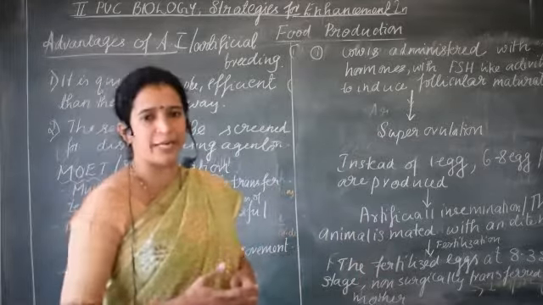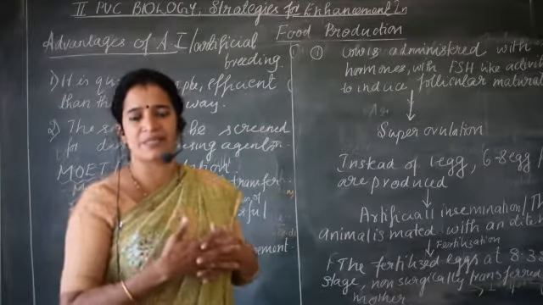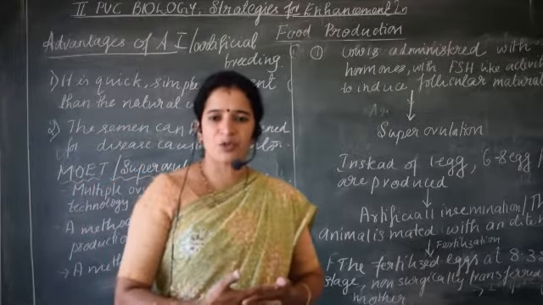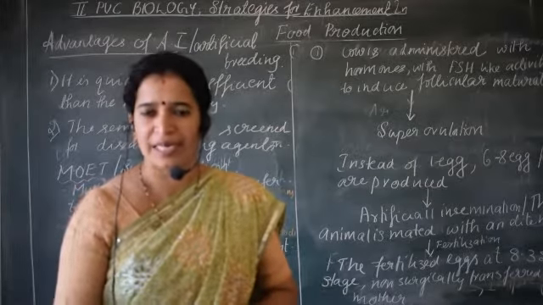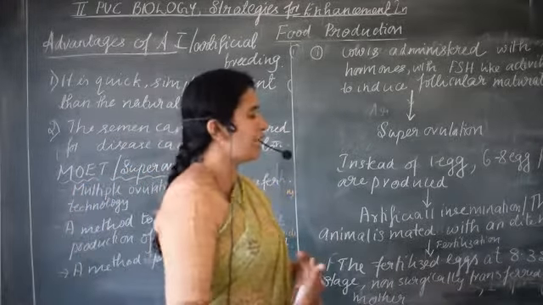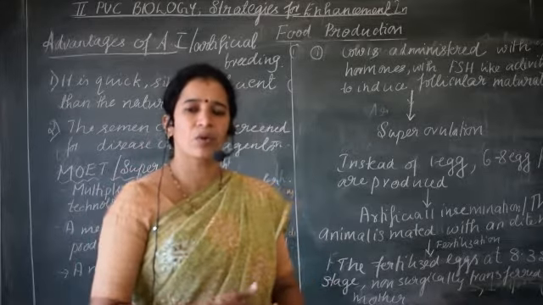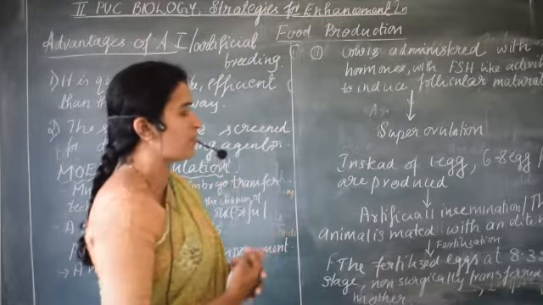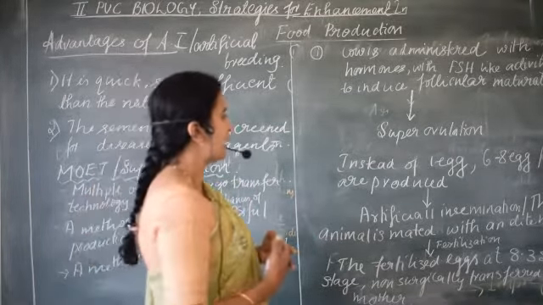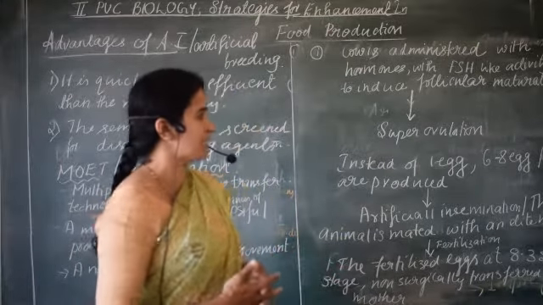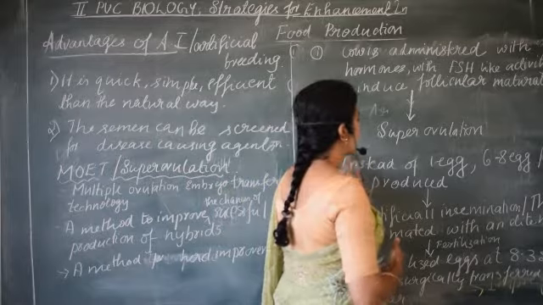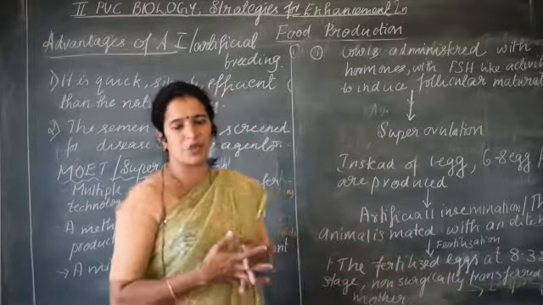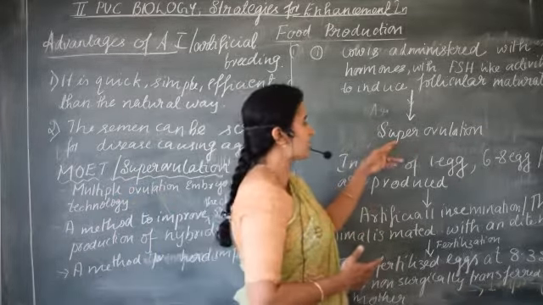You know that the action of LH and FSH during the menstrual cycle leads to the rupture of the Graafian follicle and the release of the ovum in humans. Similarly, FSH activity has a similar role in non-primates also, helping follicular maturation, and that leads to super ovulation. So first the FSH hormone is administered, which induces follicular maturity. Administration of FSH hormone is the first step here, and that leads to super ovulation.